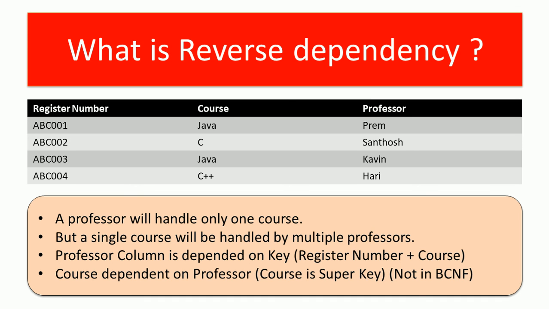So usually a non-primary key column must be dependent on primary key columns. Here, a primary key column, I mean a super key column, is dependent on a non-primary key column. So this reverse dependency must be avoided or eliminated for this table to be called as following Boyce-Codd normal form. So let us see how it is possible. As usual in our previous normal forms, we split the table as per the condition. We will do almost the same thing in this concept also. We will split this table, we will have register number and we will allot a professor ID for each professor. And we will have register number and professor ID in a single table, and professor ID with his professor name and course will be in the second table.